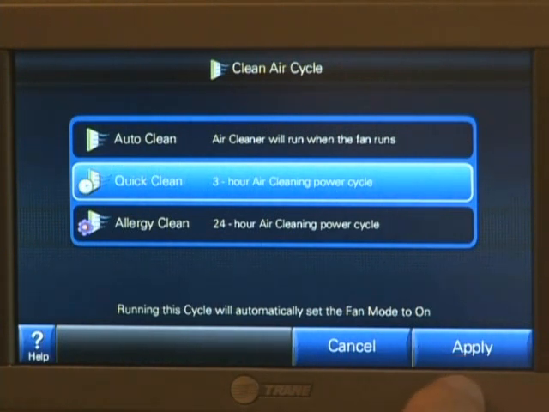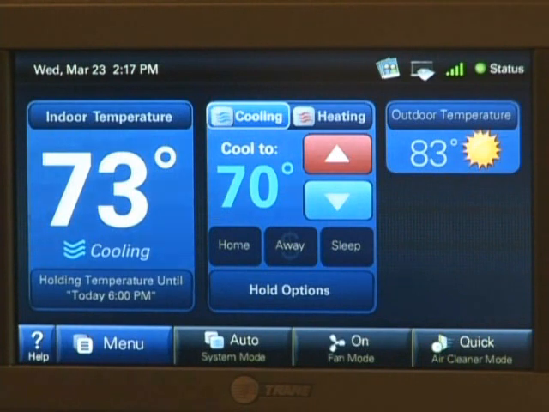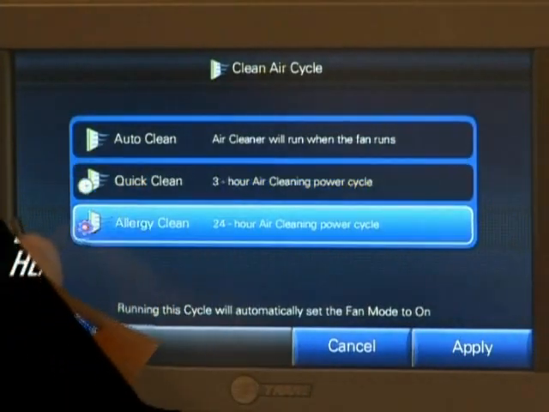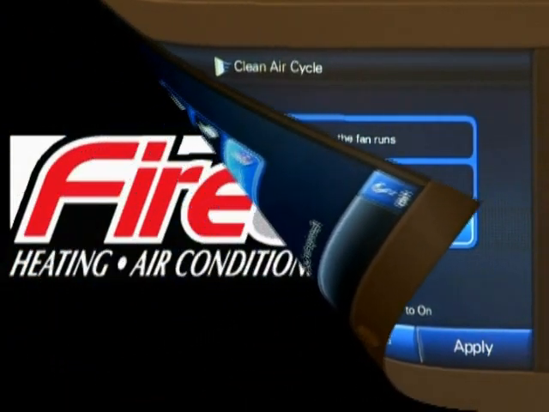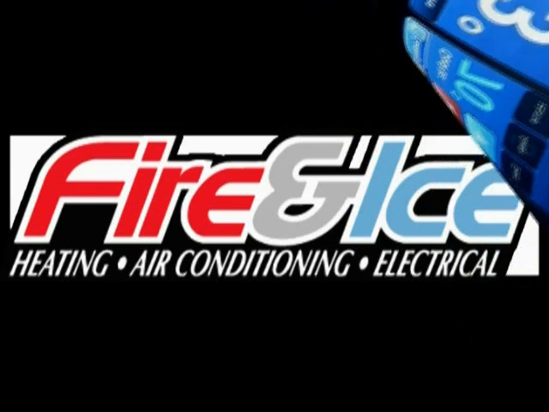Whenever these cycles are running, you select them and you hit apply. You're also going to get a notice down by the air cleaner mode that you have a little icon here for either quick clean, or if we change this over to allergy clean, you're going to get the little flower letting you know that you have a quick clean or allergy clean cycle that's